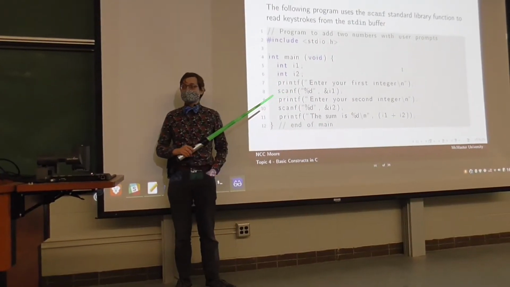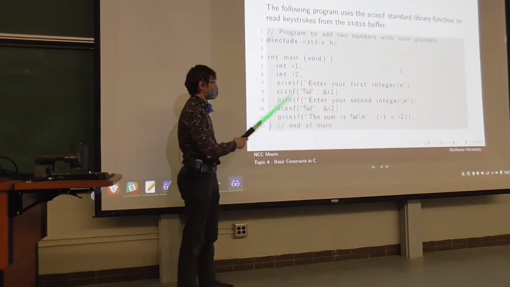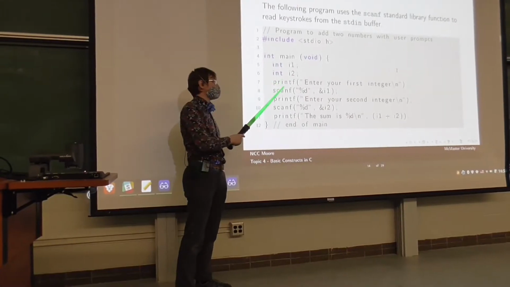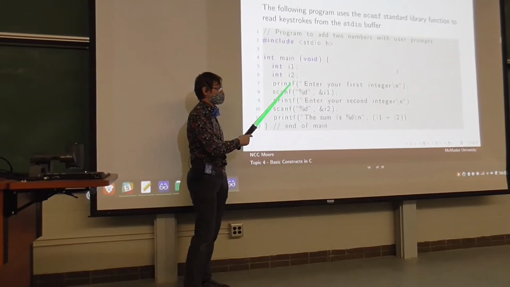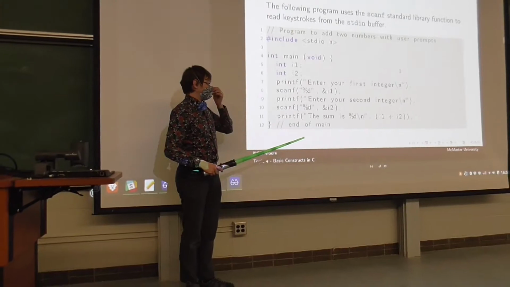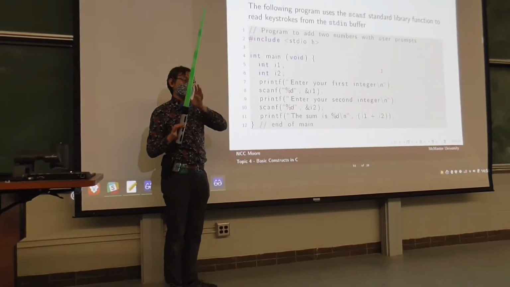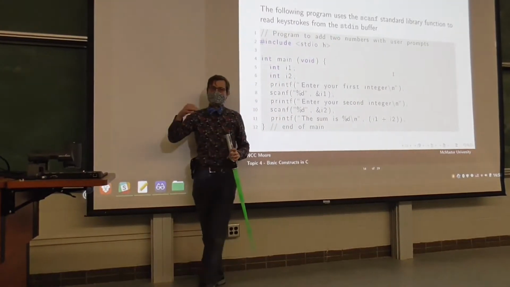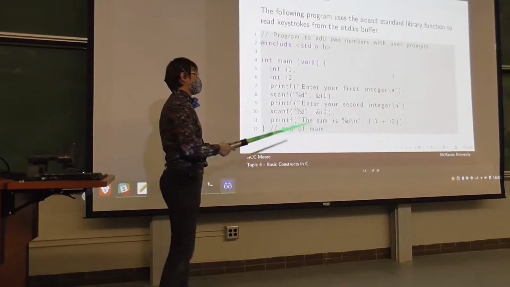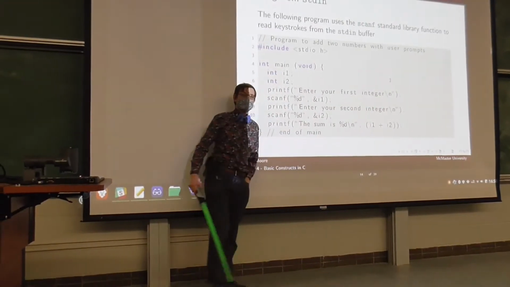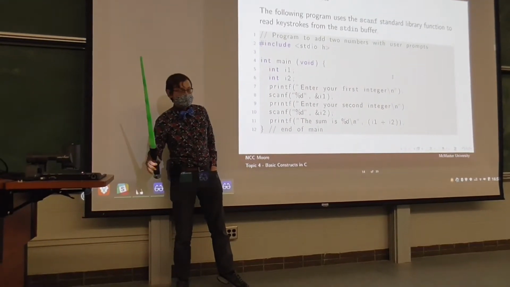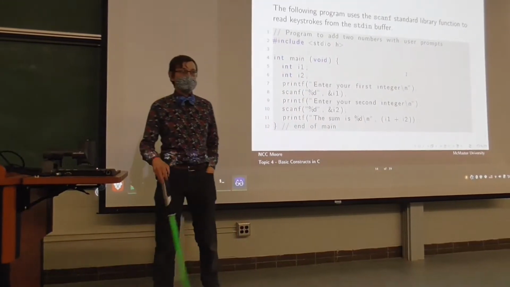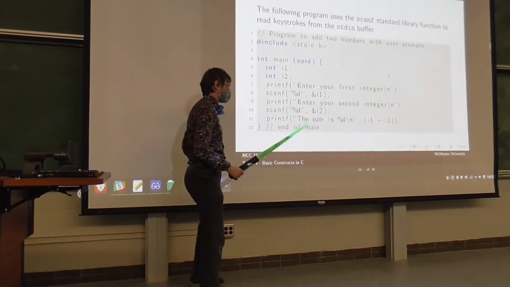The equivalent in C of Python's print function is printf, or print format. Printf is your print function, right? So you've got printing stuff where you're not trying to output anything, like the value of a variable. That's just regular strings, right? In C, you have to include a new line character at the end because it doesn't put that in for you, but that's kind of immaterial.